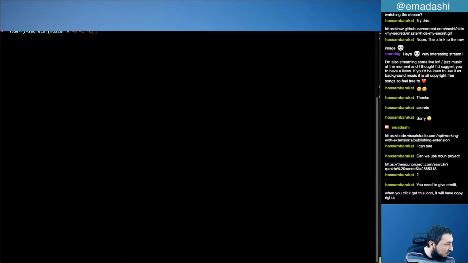Well, let's go to the folder. Which folder? We said navigate one level up, and then go to our source code and hide our secret, and then we paste. Oops, not in the right place. Alright, git status,